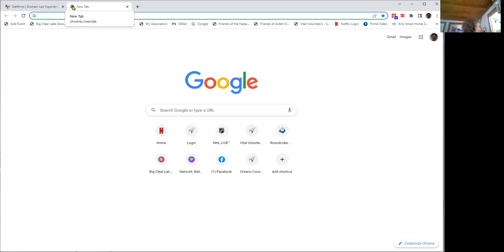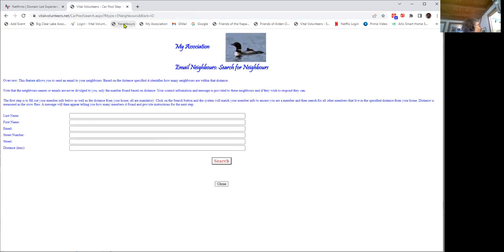And the other thing is they can often give you a discounted price. Because he's getting a full truck by just going into one area, he'll often give you a discounted price. So to get started, you have this email neighbor functionality bookmark. You just click on your bookmark, and then you type in your name,